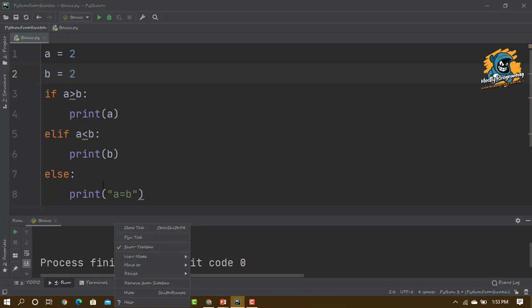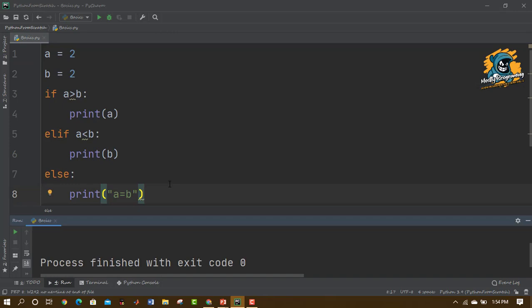Now it is not mandatory to write the else statement or else if statement. If you need only if, you can use only if. If you need only if and else, you can use both of them, or you can use all three. So I hope the basic concept of the if, else if and else statement is now clear. Let's move on to the next topic, which is